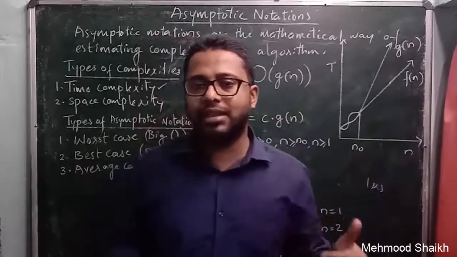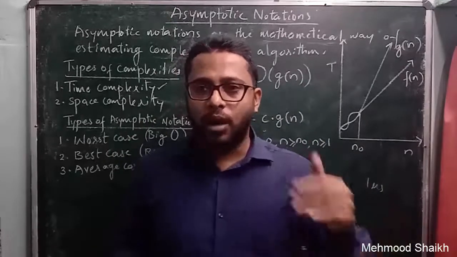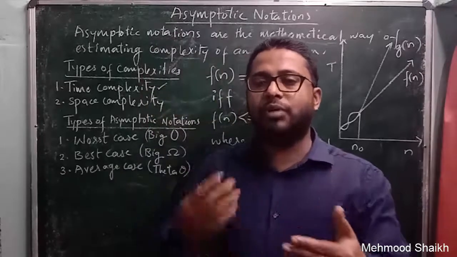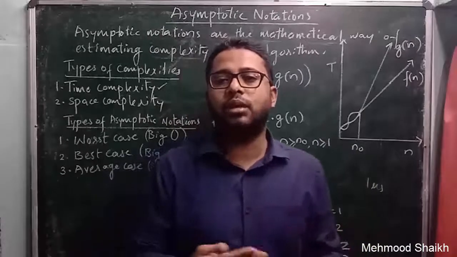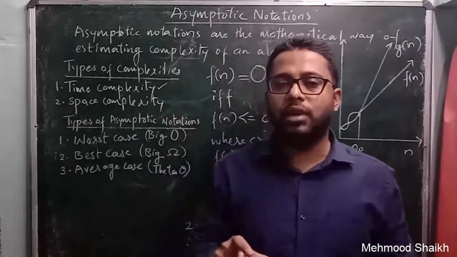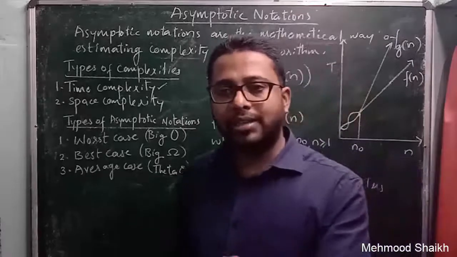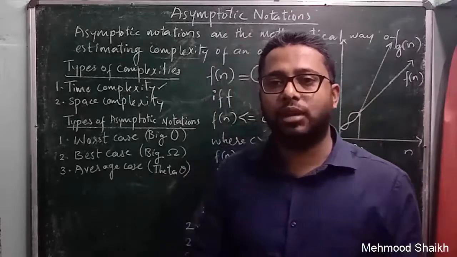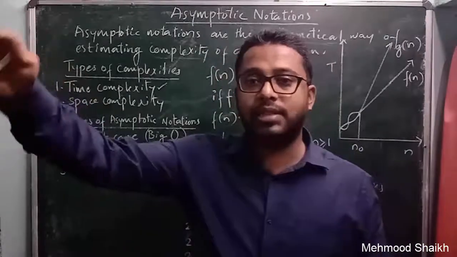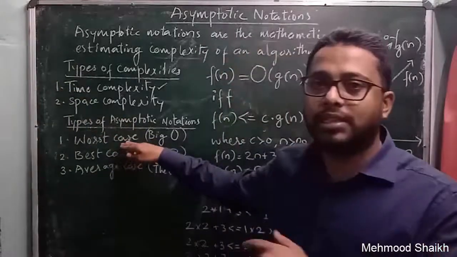Worst case says what is the maximum time taken by your algorithm to execute. When I write an algorithm, it will have some set of lines, and based on the type of algorithm, it might take less time to execute, or it might take more time. It's completely based on the type of algorithm I have written. So it's possible that my algorithm executes in as little time as possible, or it can also take maximum time. Now we are going to estimate that maximum time required for an algorithm to execute, and that we will discuss in worst case.